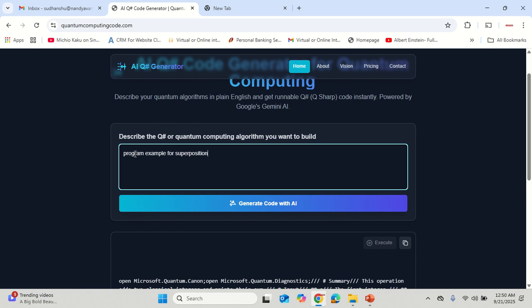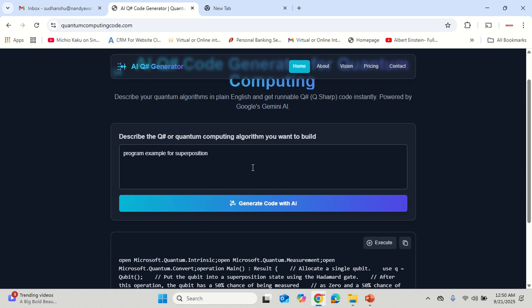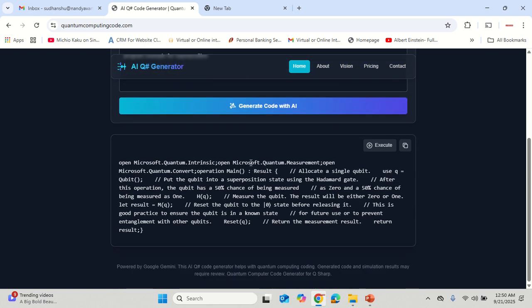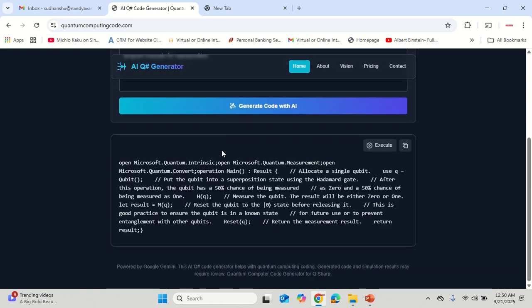So let's understand a program example for superposition. I will explain what superposition is in a minute. Okay, as you can see, the code has been generated. In this code, we are first using a qubit. That is, we are simply defining a qubit. The qubit has been declared, using q as qubit. This is a Q sharp code. Once the qubit has been generated, then we apply